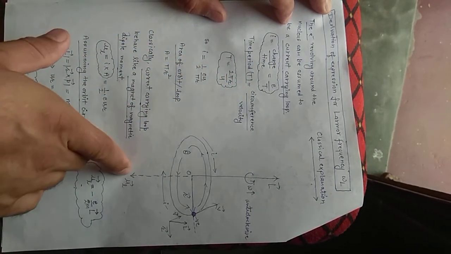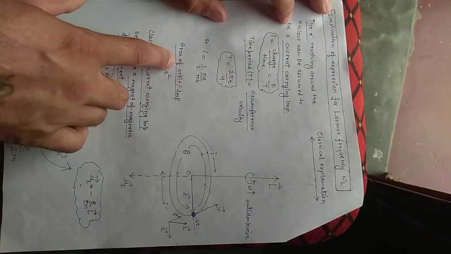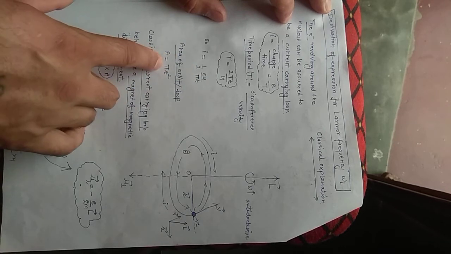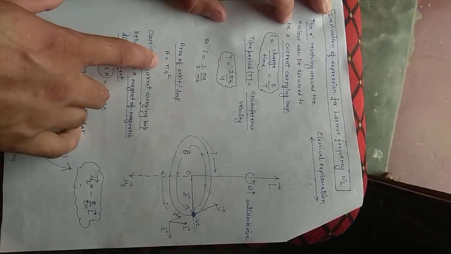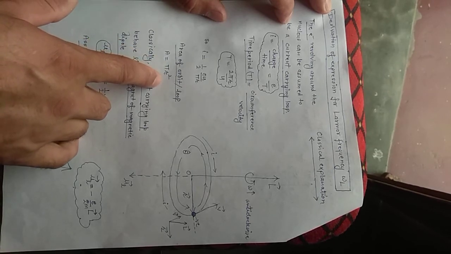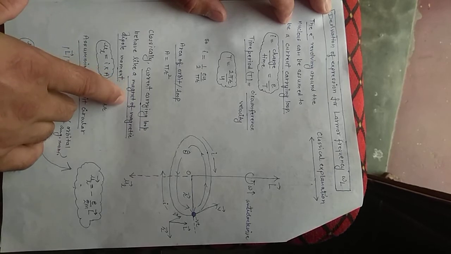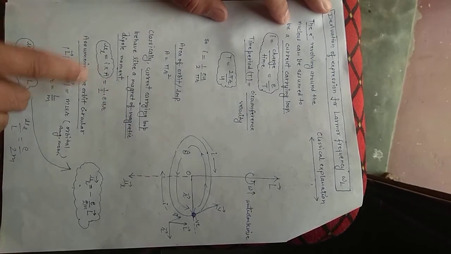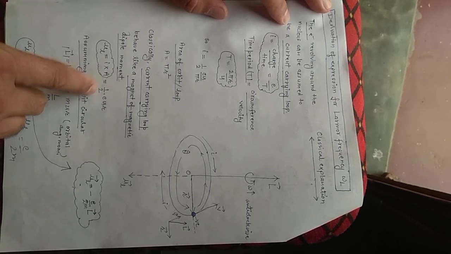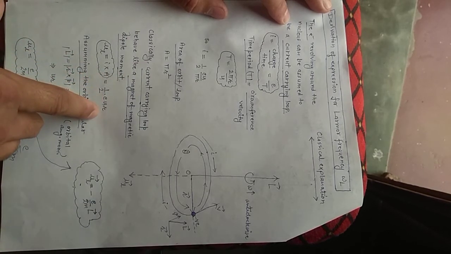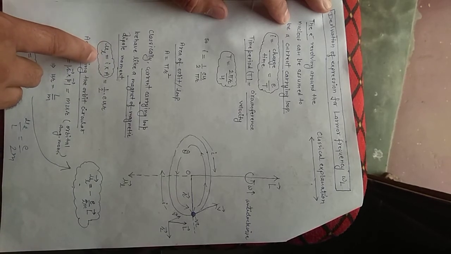So now we are to find the magnetic dipole moment. So we need to multiply this current by area. Area of this loop or orbit will be pi r square. Classically, the current carrying loop behaves like a magnetic dipole, which we have already told you. So now we will multiply the current and the area, you will get half e v r. Okay, so this is the formula for mu L.